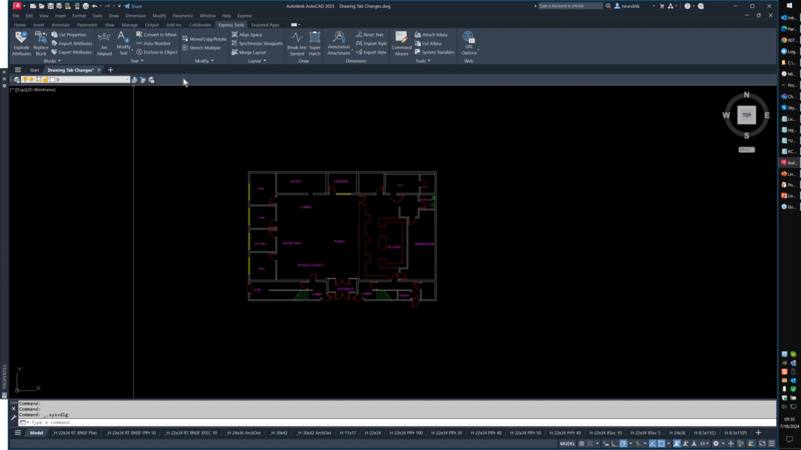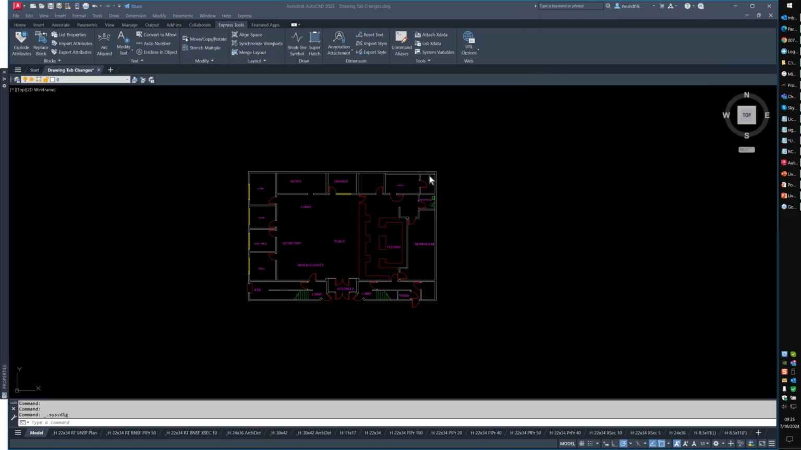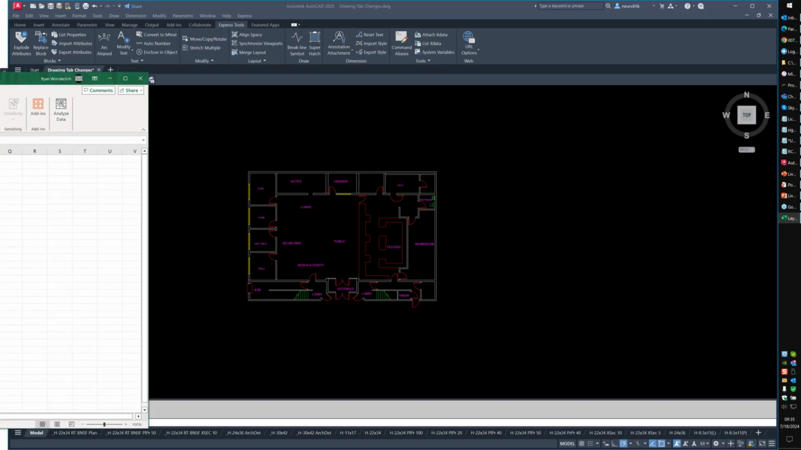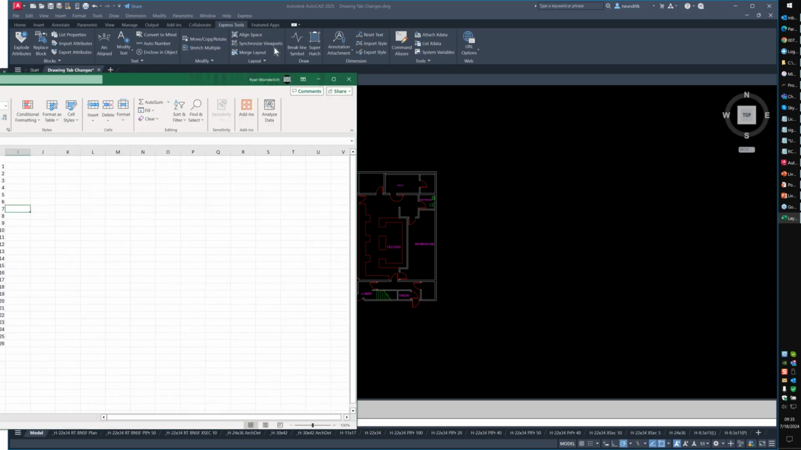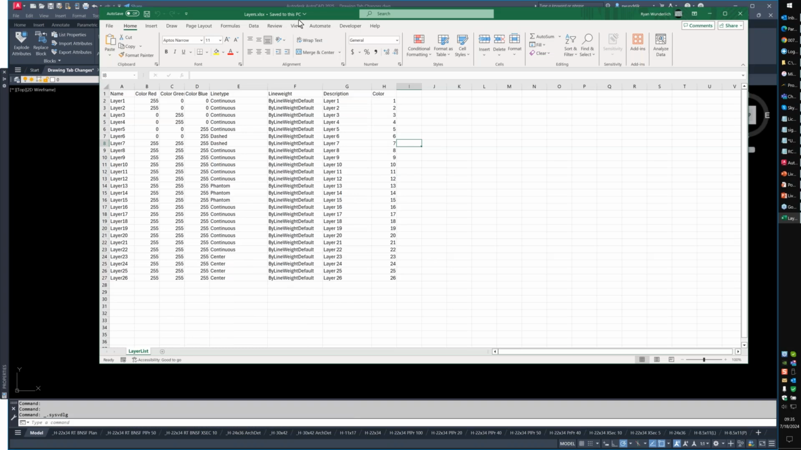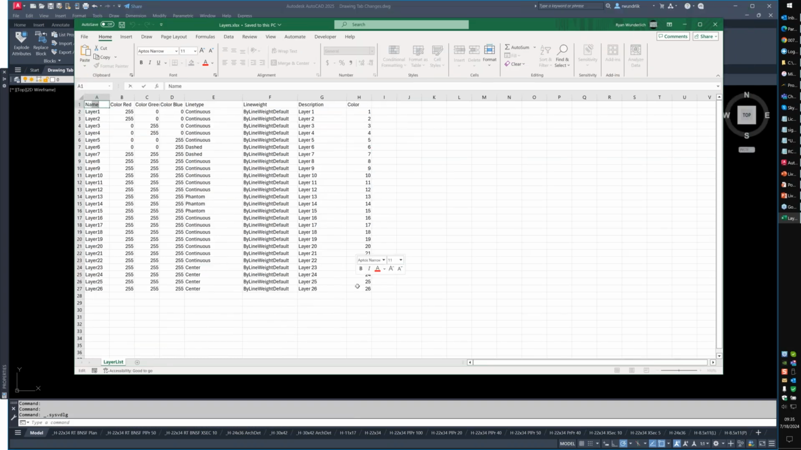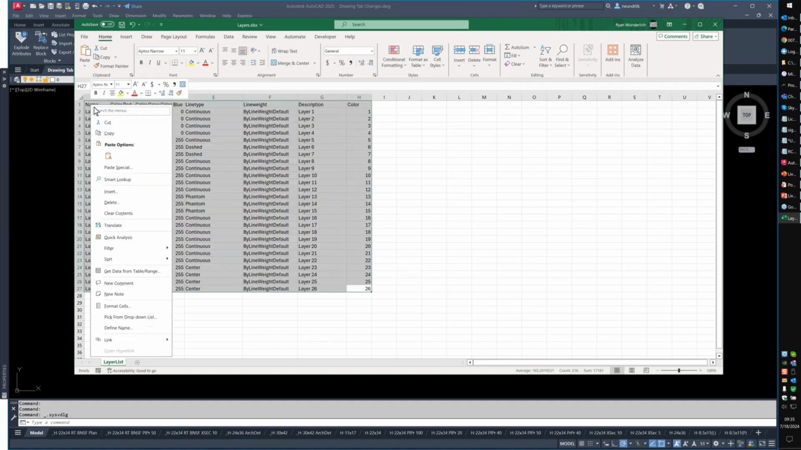Is there an easy way to bring in a table from Excel to AutoCAD? Oh, another good question. That one's easy. All right, let's go to Excel. If you want it to be an AutoCAD table, let's take a look. I have just this basic layers list, right? So I'm just going to grab this information, and I'm going to copy. I'm going to come in here,